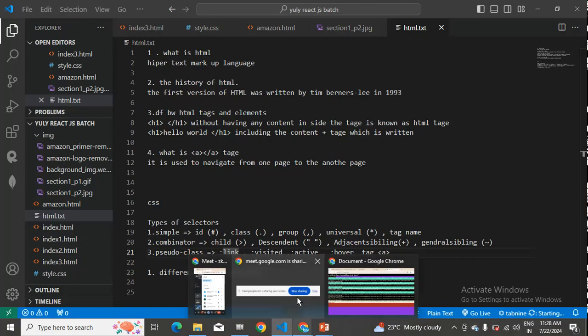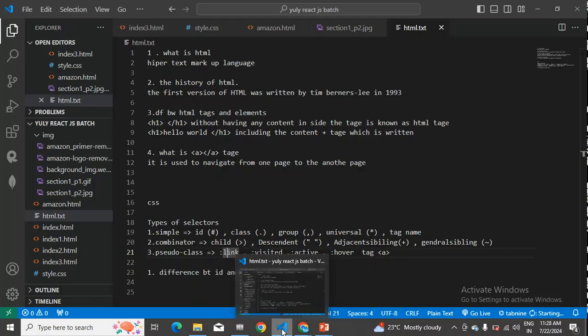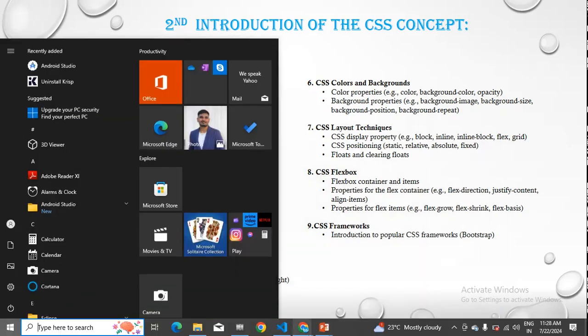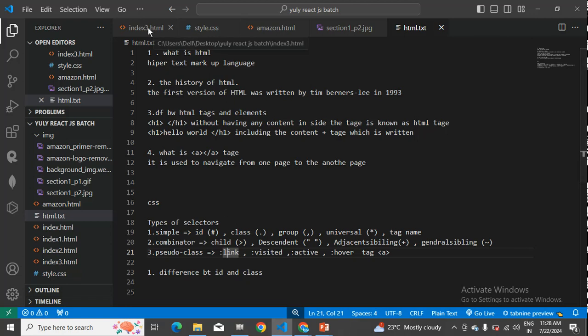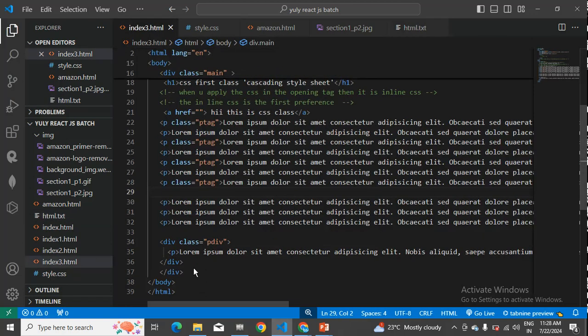I'll take one anchor tag inside my div tag itself, here, anchor tag. Over here I'll be taking hi,